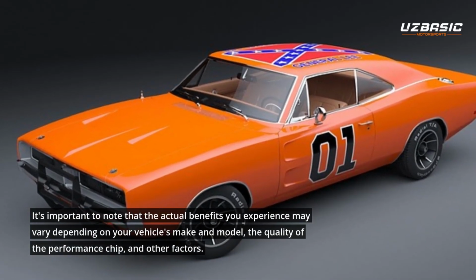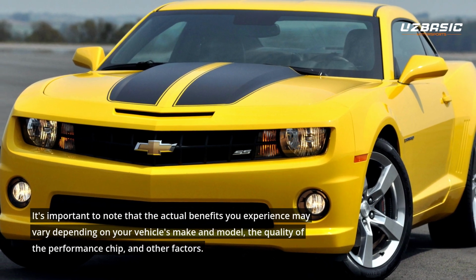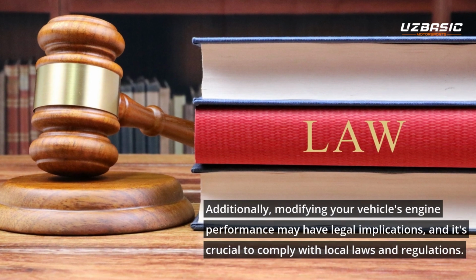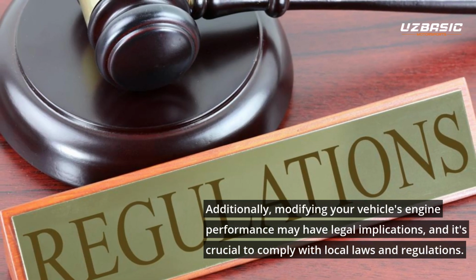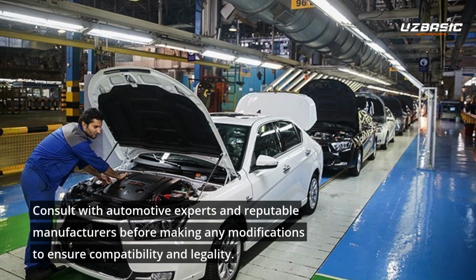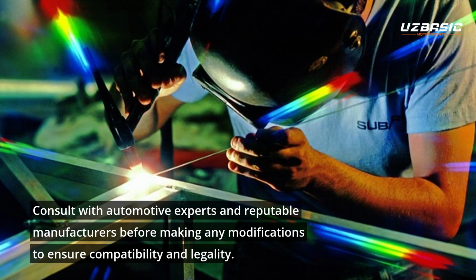It's important to note that the actual benefits you experience may vary depending on your vehicle's make and model, the quality of the performance chip, and other factors. Additionally, modifying your vehicle's engine performance may have legal implications, and it's crucial to comply with local laws and regulations. Consult with automotive experts and reputable manufacturers before making any modifications to ensure